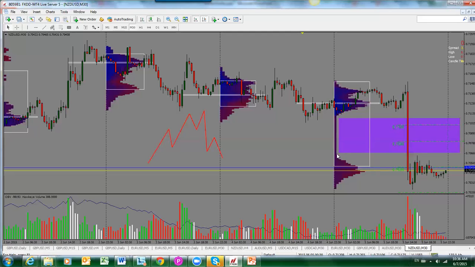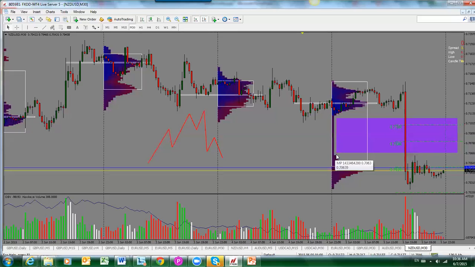So look for the vacuum and draw your rectangle there. Somewhere in this rectangle is where we're looking for the price to pull back to. And usually, if it's a really strong trend, you will see price maybe just come up to the top of this rectangle. And we could pull the rectangle even lower as well. And then you'll see that a rectangle is not working. But even if you drew it right up to here,